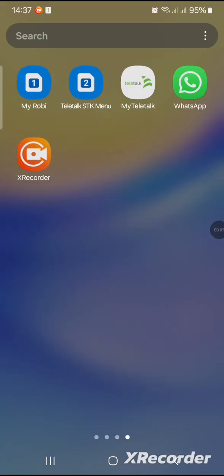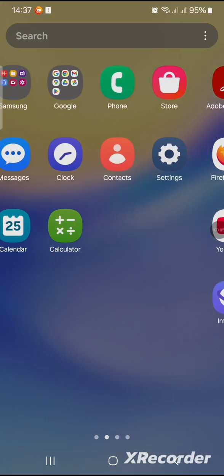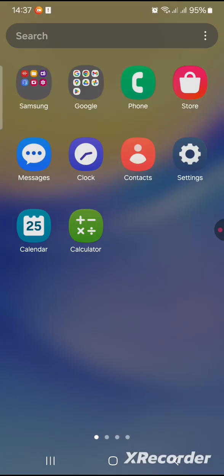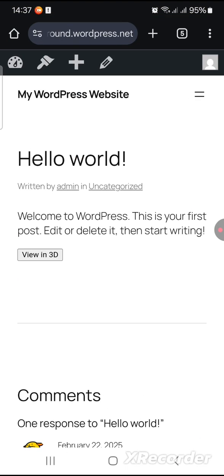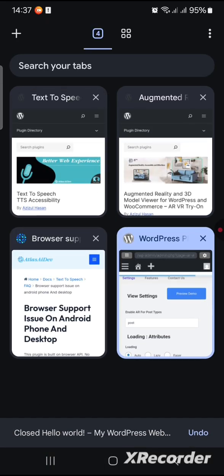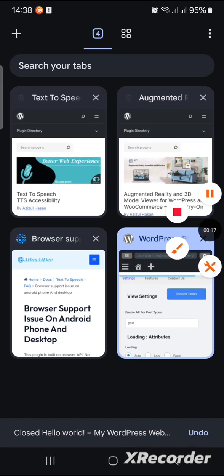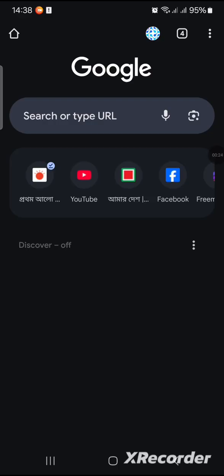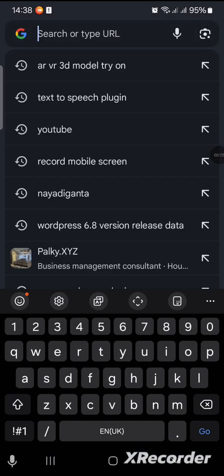Hi, today we will learn how to install the augmented reality plugin by Atlas AI Dev from your mobile phone. So, suppose you want to install the augmented reality plugin, then